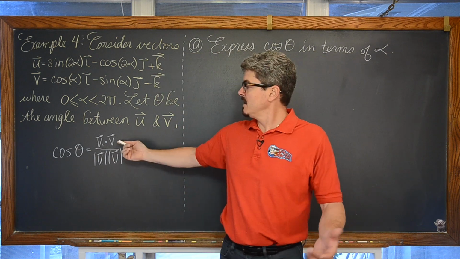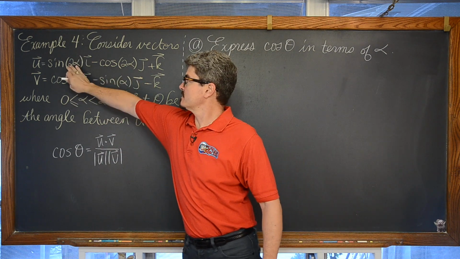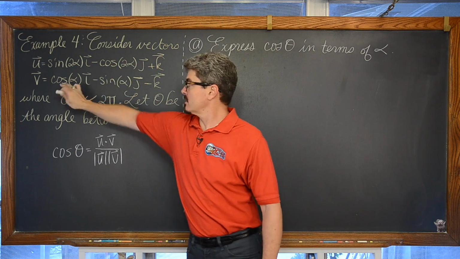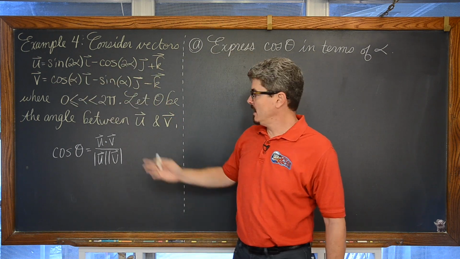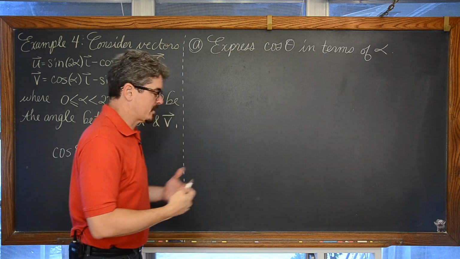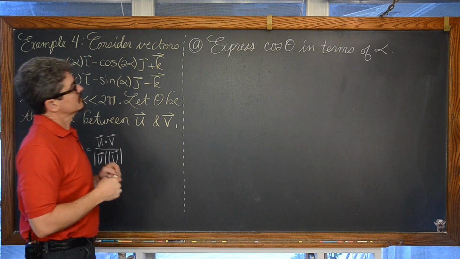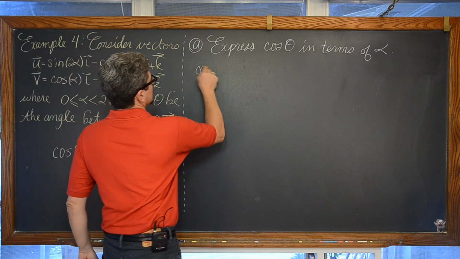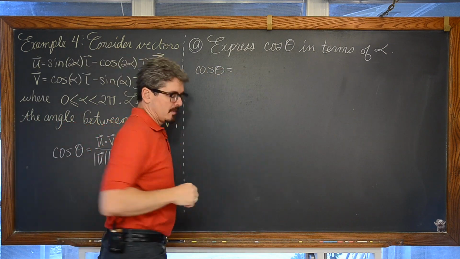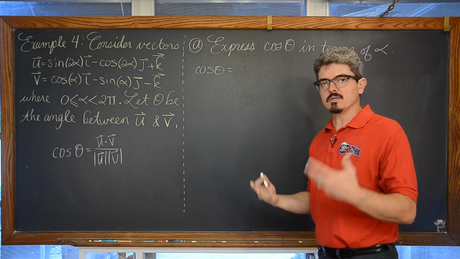Hopefully when we look at our components here, sine, negative cosine, 1, cosine, negative sine, and negative 1, and we set up this formula, we'll have a bunch of stuff that's just going on and working with this variable of alpha. So the cosine of theta is the dot product, multiply each of the corresponding components, and then